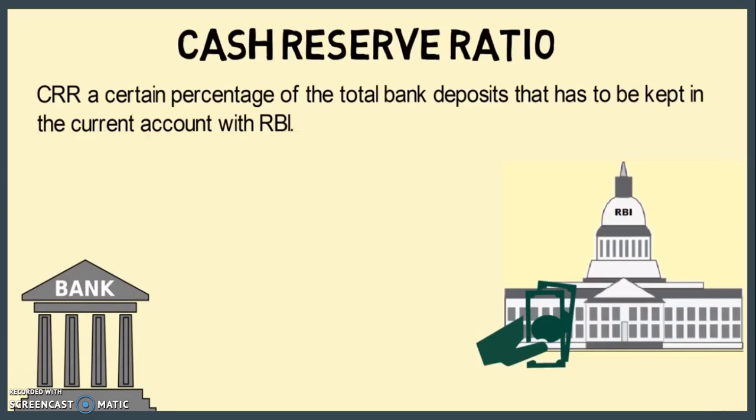So why this CRR, cash reserve ratio, and statutory liquidity ratio exist is because there will be certain contingency time or crisis time. So the bank should be safe, right? So it's for safeguarding. It's like you don't invest 100% of your money into a portfolio of equities. You also invest in debt and safe investments, right? Just to safeguard yourself. So similarly, there are CRR and SLR.